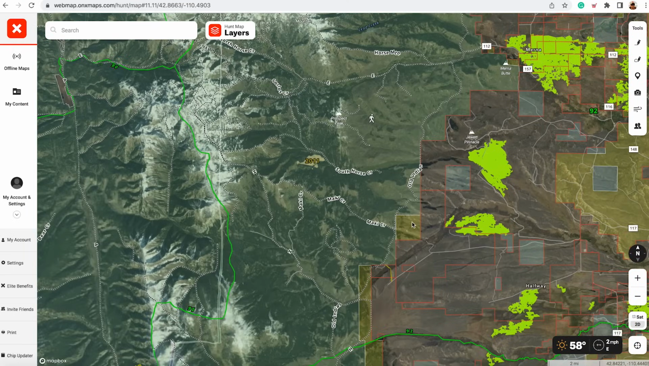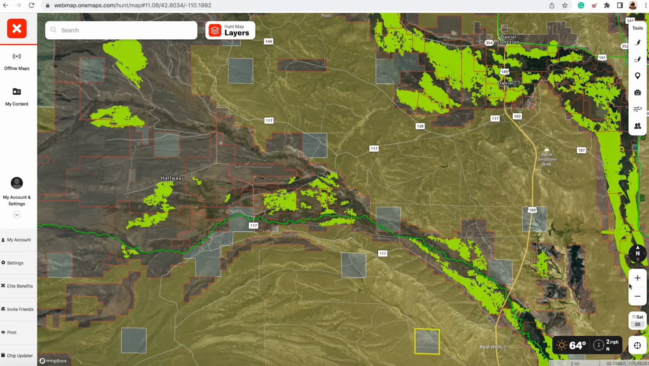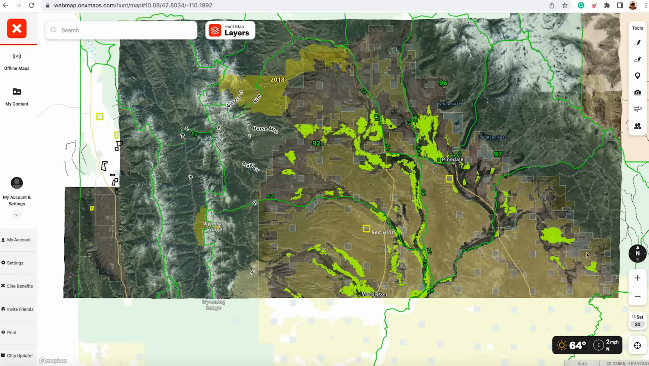So, I could definitely see an elk herd coming down here, eating in these hay fields in the evenings, going back up the draw, back into timber cover for the day to bed down. So that is really helpful information to know. A lot of hay in this area. We'll see if we can find